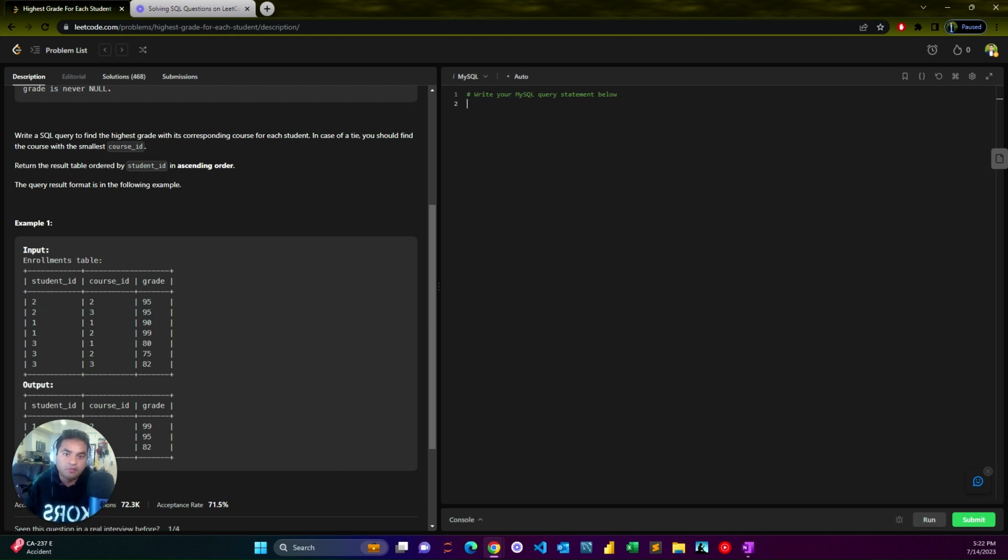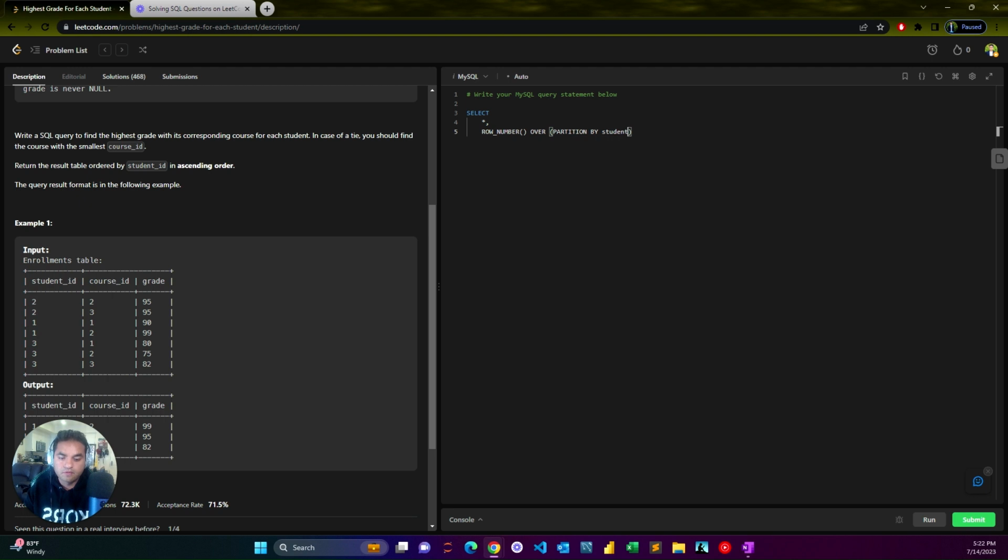So again, there are multiple ways you can solve this problem, and I'm gonna use a window function, row number, to index the rows. So let's take a look. What I'm gonna do is select everything from the table just to see the output, and I'm gonna add the row number function and row number it and partition it by